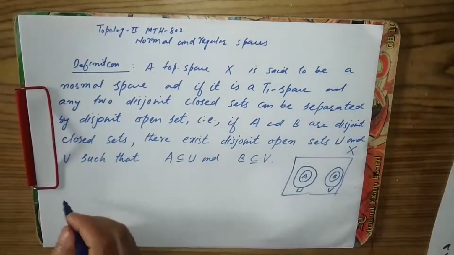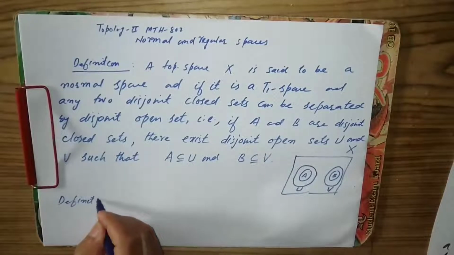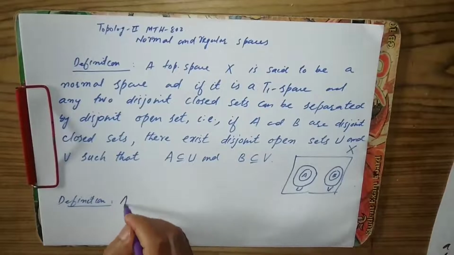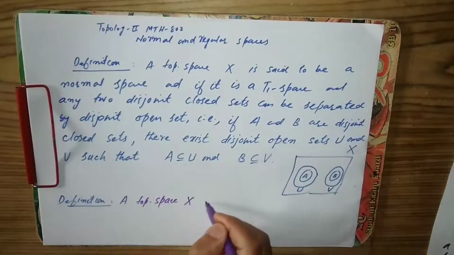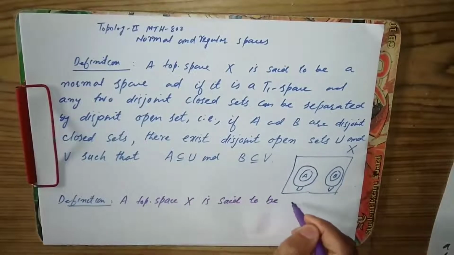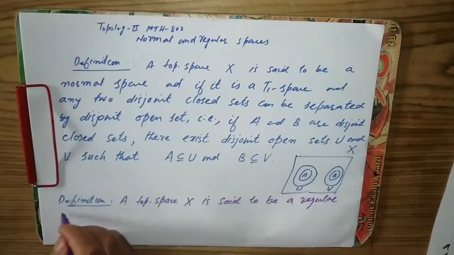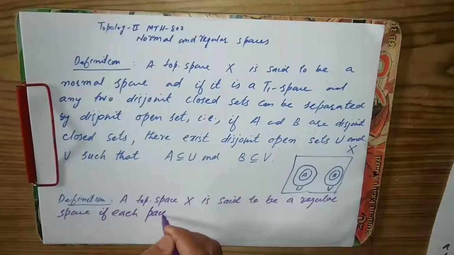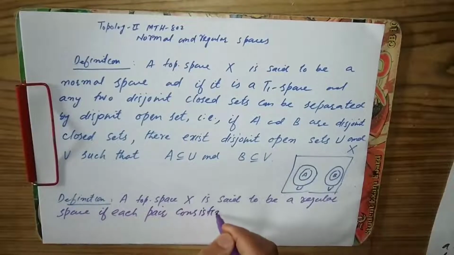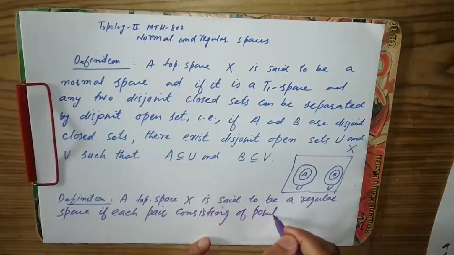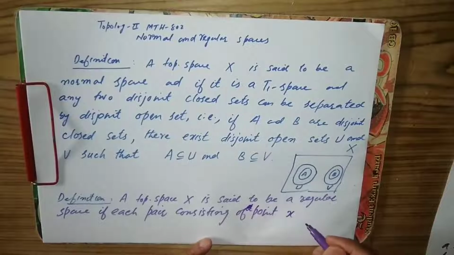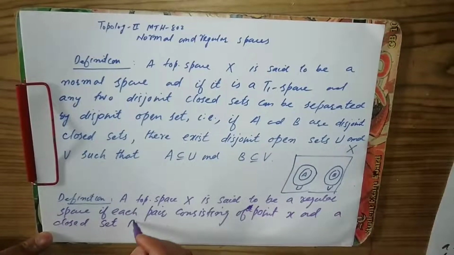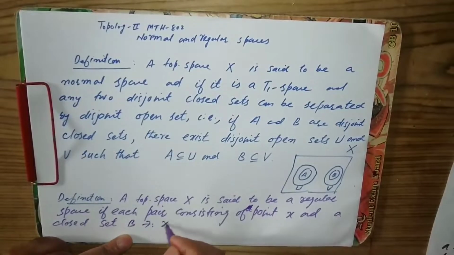Next, we define a regular space. A topological space X is said to be a regular space if each pair consisting of a point x and a closed set B, with x not in B,